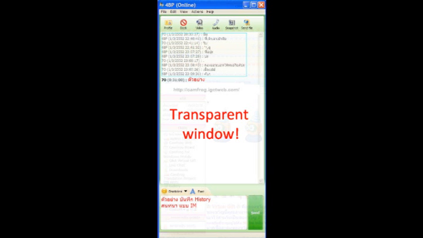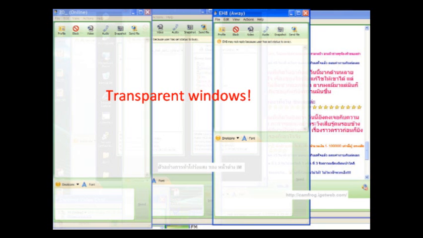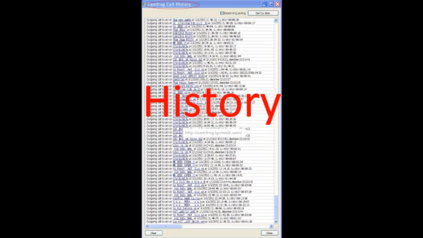Okay, and next is the transparent window. Transparent window is the special property, and example you can see transparent window. You can see dot the transparent window, and you can see your desktop. Okay, next property is the you can save history when you join chat.